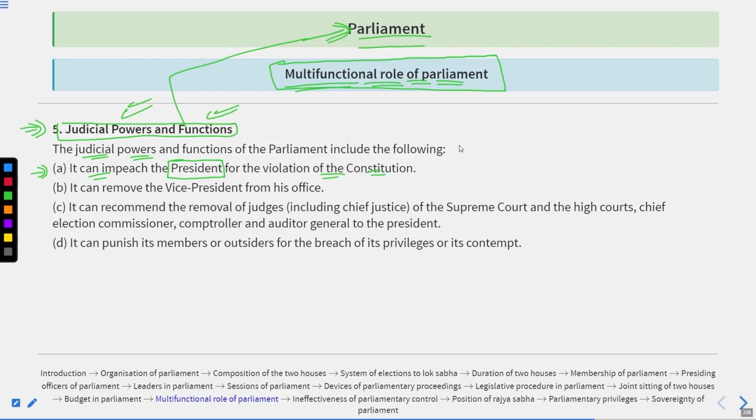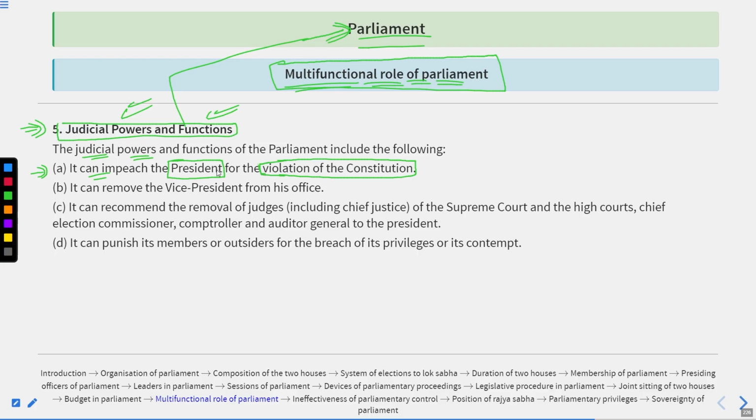Second, more than 50% of the members of Parliament sitting and voting must be in favor of impeaching the president. So if these two conditions are satisfied, then only could the president's impeachment process be justified and the president be removed. And on which basis could he be removed? If he violates any constitutional provision regarding his power, functions, and official duties.